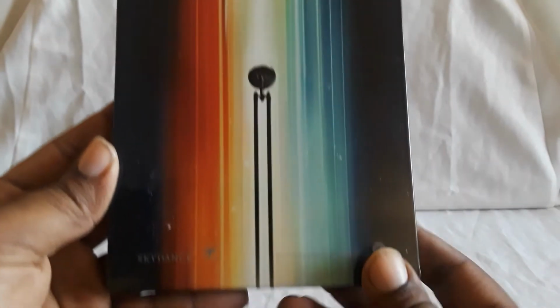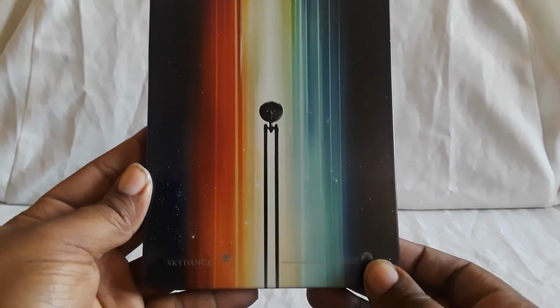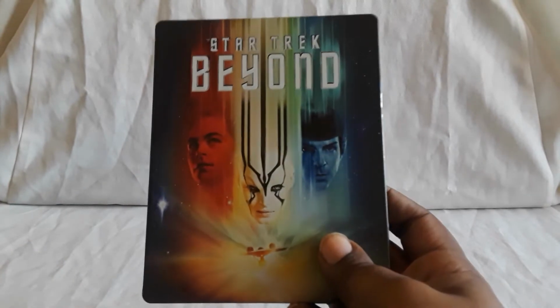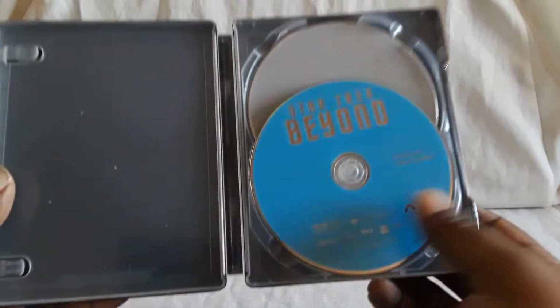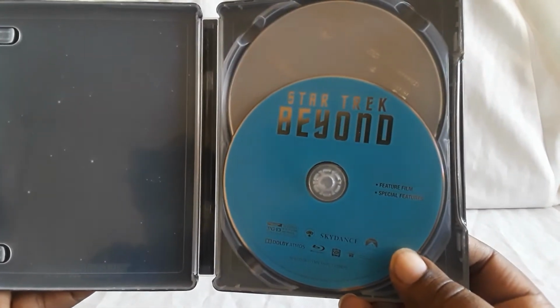Alright. And it is pretty cool. I really like the rainbow kind of effect there. That is awesome. This is actually reminiscent of an older Star Trek film. Oh my gosh, I can't remember which one it is. But I believe this is similar to that, because I remember seeing it at a Half Price Books or something. Yeah. Alright, so there's the Blu-ray